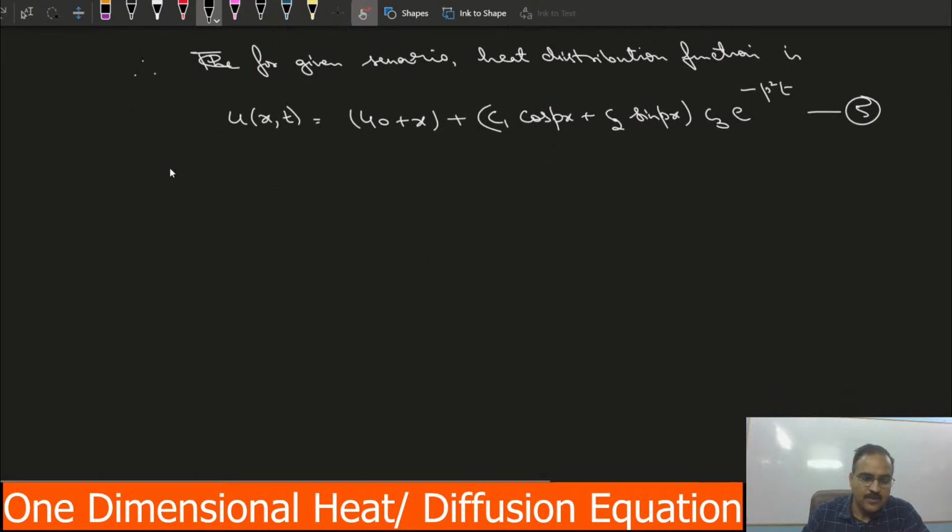Now the first boundary condition which we are having, that is at x equal to 0, u equal to, sorry, u is not 0, u is 40. At x equal to length, that is 20, u is 60. Okay, 60 degree and 40 degree. So substituting these values, equation number 5 reduces to,